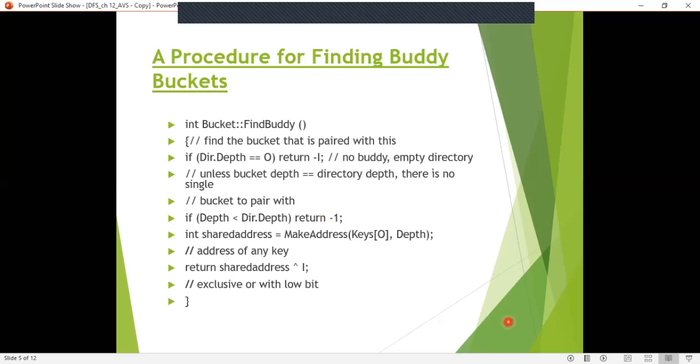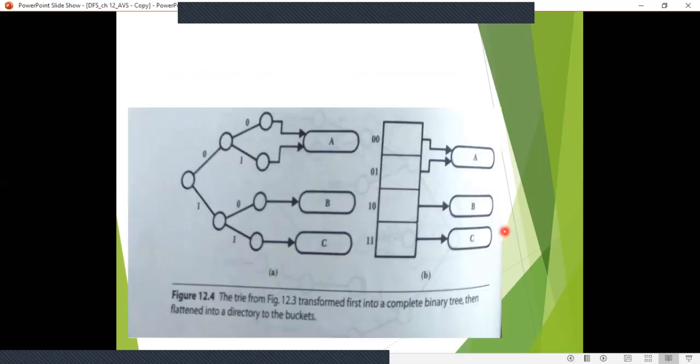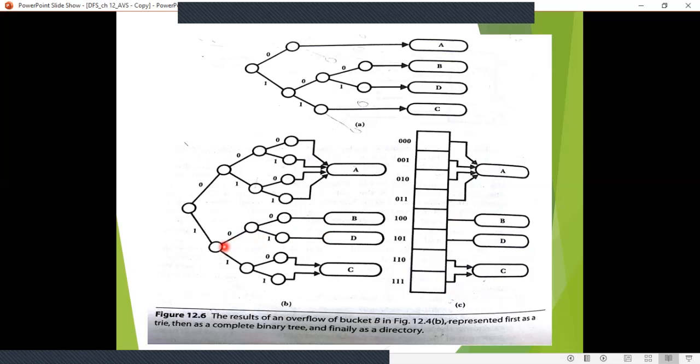For example, if you see the previous buddy bucket here, to reach this buddy bucket, you have 1 0 0, that is 3 bits, isn't it? But the descendant has how much? The directory has how many bits? 1 2. These 2 is less than 3, isn't it? Buddy bucket depth. That is what you are checking. Okay.